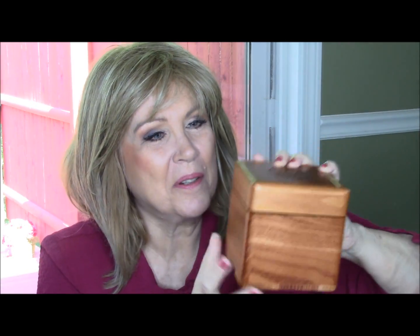I have received another PR item, and this was going back and forth now for 3 months. This is Yode, and it's a beautiful box. My goodness, it has a little drawer in it that comes out. One of my friends said, great pot box. Put your lighters in there. And anyway,